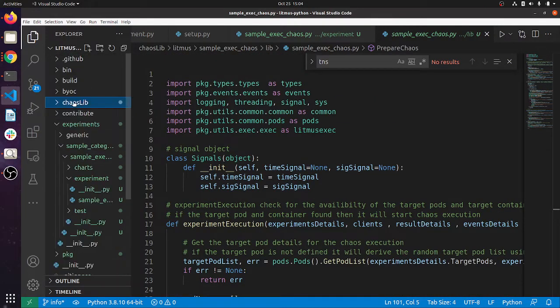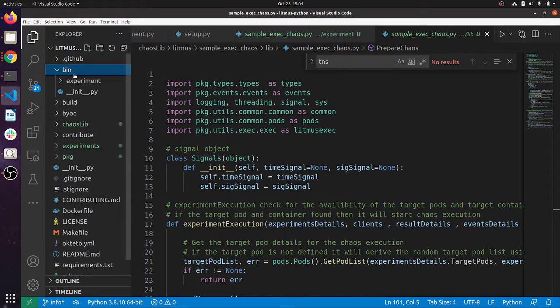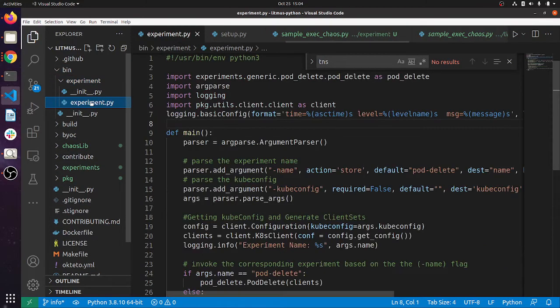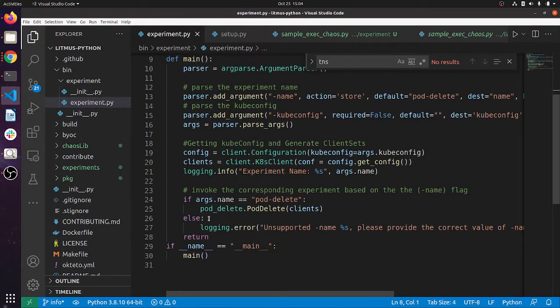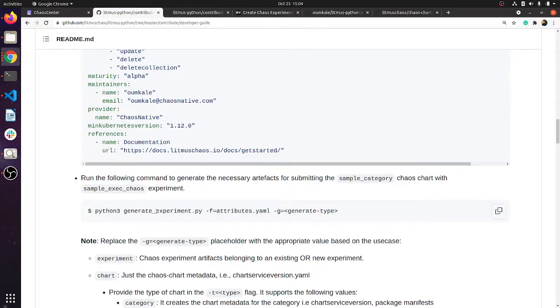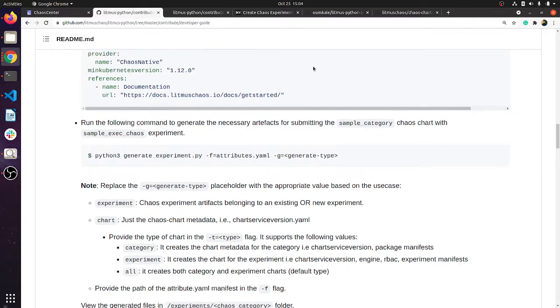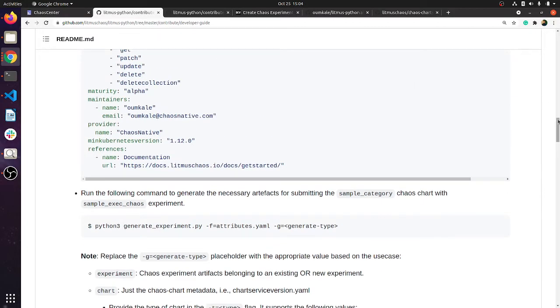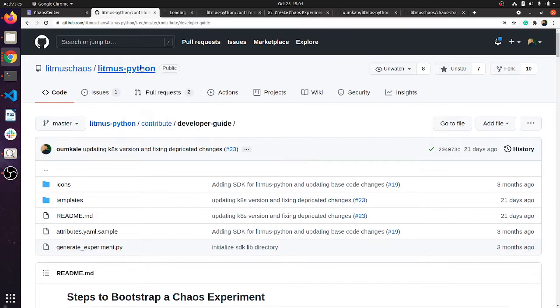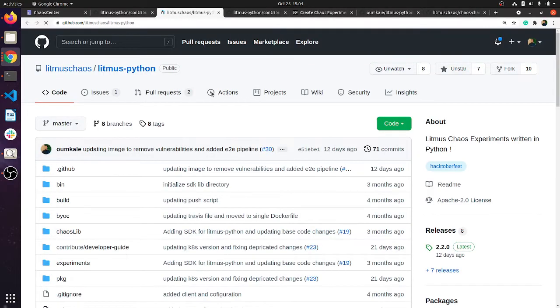Now you just have to go to your bin and experiment file. You have to make sure that the if-else part has been added. Currently we only have pod delete, which is in Litmus Python, so we have to add one extra thing. For that you may look into one blog also. At the front, the link has been provided for the blog and Litmus Python.